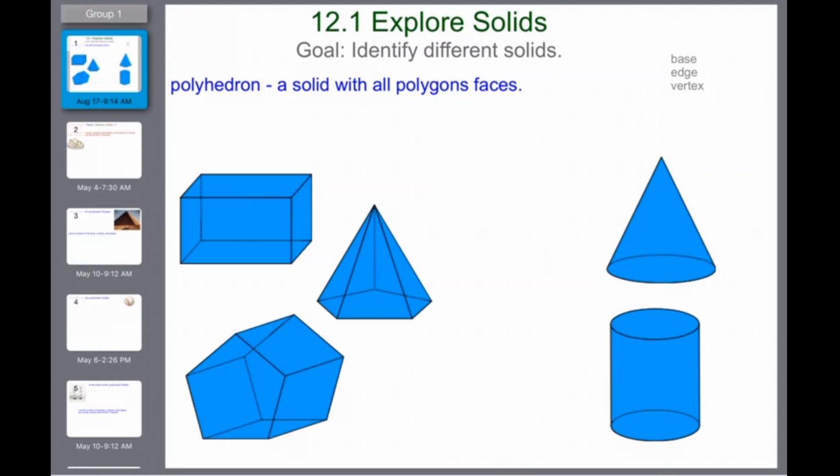All right, hello everyone. Today we are getting into chapter 12, which is all about 3D shapes, which is also called solids in geometry. So all of these right here on the screen are considered solids, but today we're mainly going to be looking at polyhedron, or polyhedra in plural, which is a solid that has all polygon faces. So that means the sides of the 3D figure, that's what a face is, are all